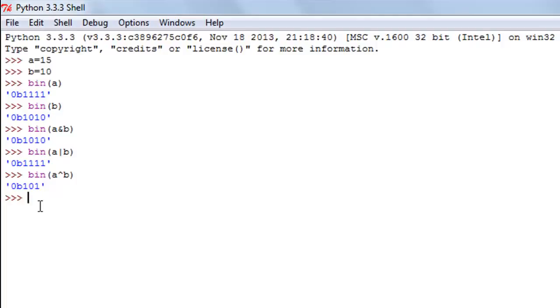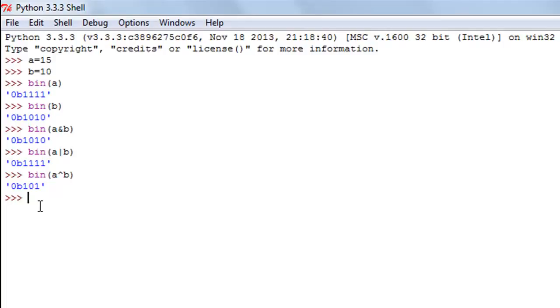Now we're going to talk about the logical operators, and the logical operators work at the macro level with the true or false values, right? So whereas the bitwise operators work on individual bits, the logical operators work on whole values, and they work on true and false values. And in Python, all non-zero numbers are true and only 0 is false. So even negative numbers are true. It's just that only the number 0 has the truth value of false,